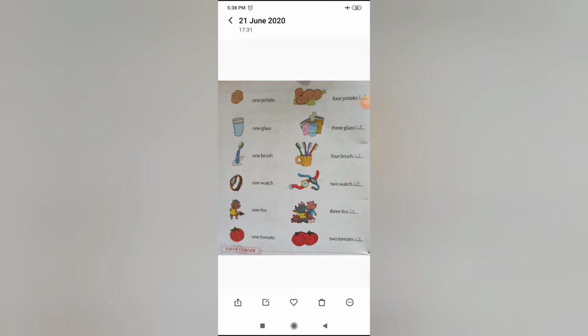Now let us look at the next picture. You can see in this picture, as I have explained on the board, about the words which have O, SS, SH, CH or X and Z, there is some other rule for them. So the words which have all these letters like O, SS, X, Z, CH or SH, we have to add ES to them to convert them into plural form.